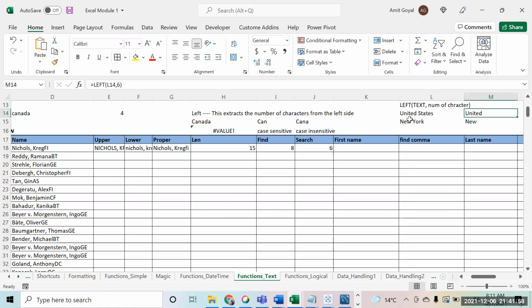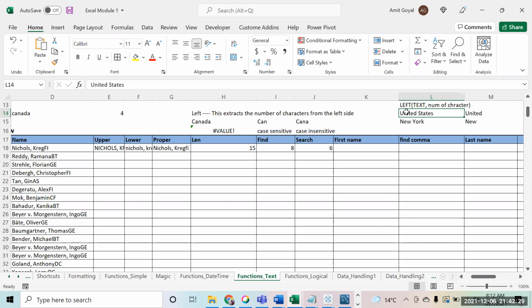So in this case, what I'm going to do over here is, how did I get to know that I want to extract United? Because there is a separator, that is space, right? That is how I'm identifying that this is my first word, United. In New York, again, there was a space. I got to know that, okay, before the space, I have to extract that. Making sense up till here?